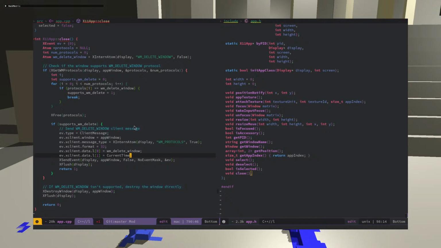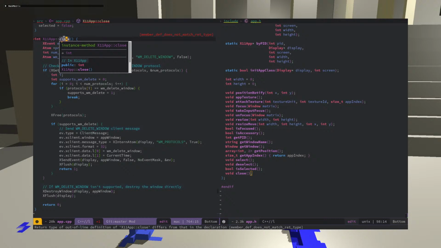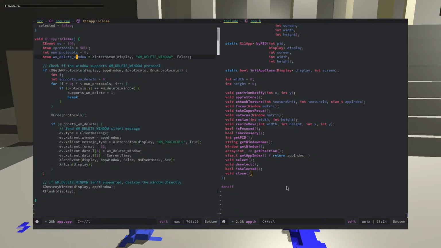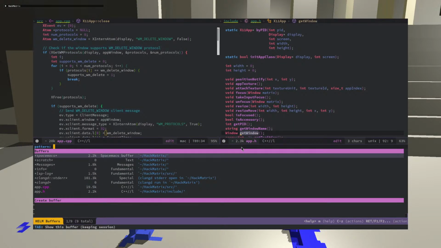Okay, so that if I do a new line, it should just disappear with the error. Oh, that's an int. That needs to be a void. I don't need specific return cases for the different types of ways it got closed. I just want the window to close. Okay, so now